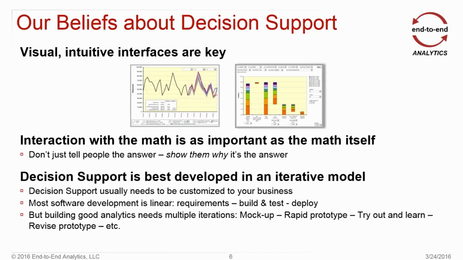And what we're really looking for here is this cycle of mock-up, rapid prototypes, try out and learn, revise prototype, and just an evolving maturation process for the solution so that there's constant feedback, constant learning, minimizing the overcommitment to functionality that's not going to be needed in future, and a collective learning and a collective buy-in along the way, which goes a long way, again, towards that transparency and ultimate buy-in from the stakeholders.